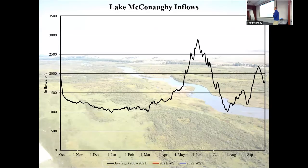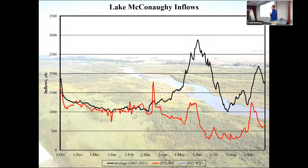Now we'll look at Lake McConaughey. This is a graph of Lake McConaughey inflows. The black line you see there is the average inflows from 2007 to 2021. That red line is last year's inflows. You can see, with the exception of just a few days, we were below average for the entire water year